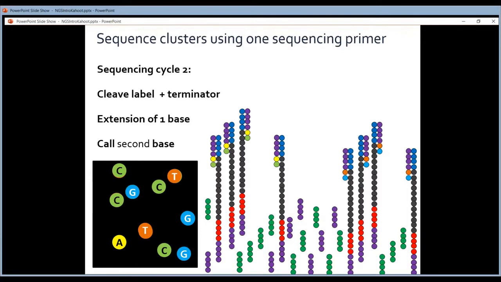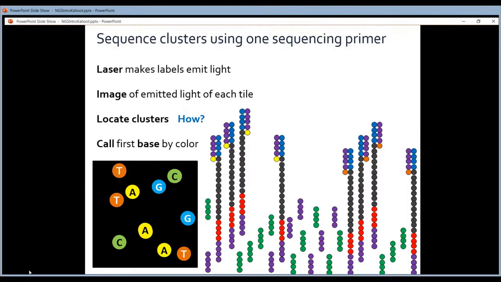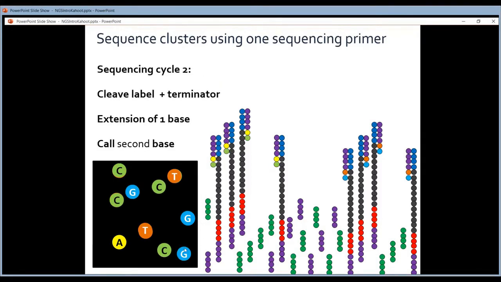Now here at this point, the software already knows where the clusters are. So it knows, in the first cycle of sequencing, I found that there's a cluster here in the corner. So in the second cycle of sequencing, that cluster is still there, and now it's emitting blue light. Blue is a G, so now a G has been incorporated there.